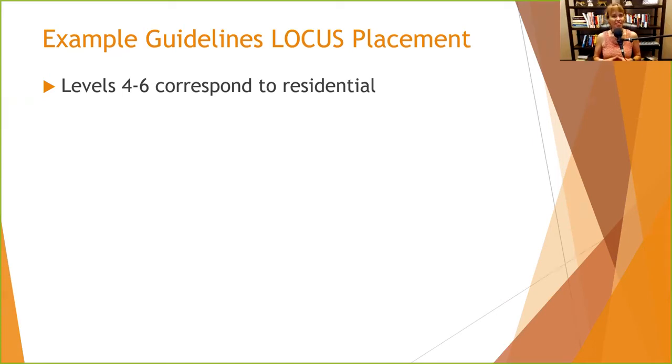One of the other nice things about these guidelines, no matter which one you use, the LOCUS or the ASAM, is that when you look at motivation levels, if they have low motivation, it probably points you in the direction of brushing up on those motivational interviewing skills and the motivational enhancement approaches to figure out how to create win-win situations. A lot of times that puts the client more in control, where you're saying,